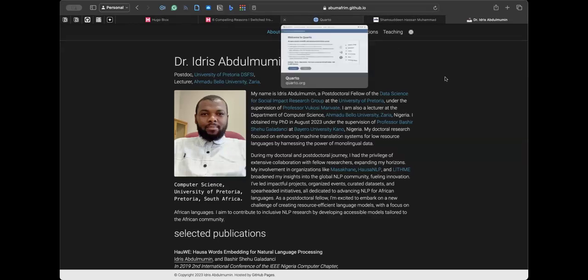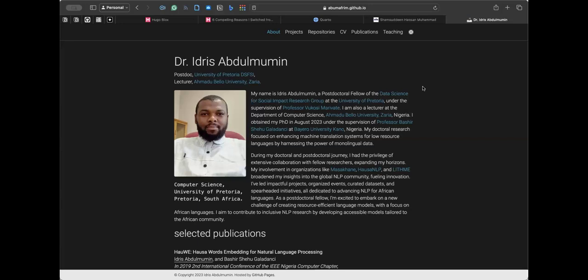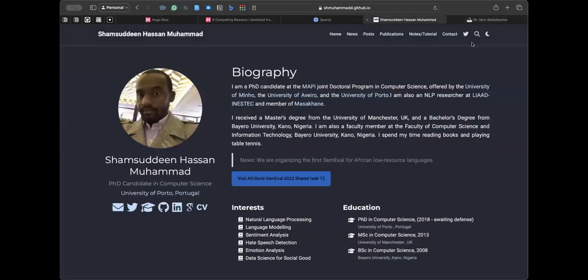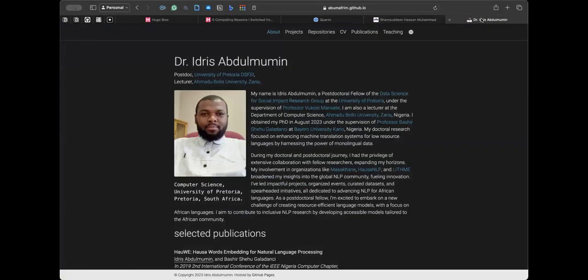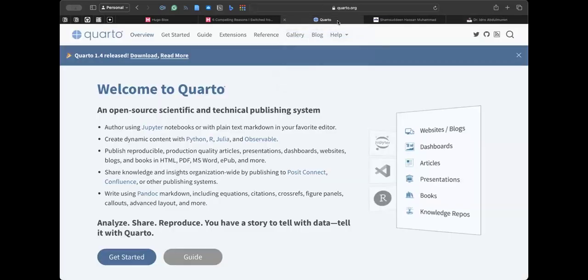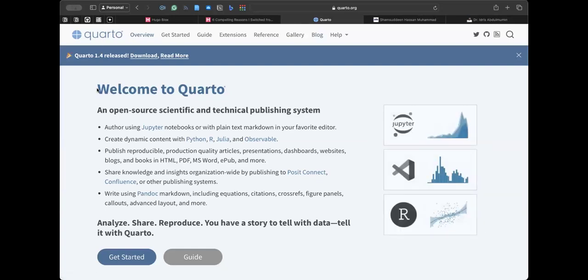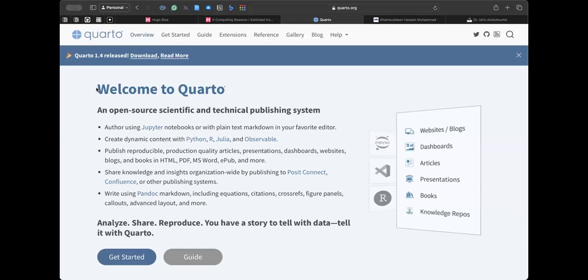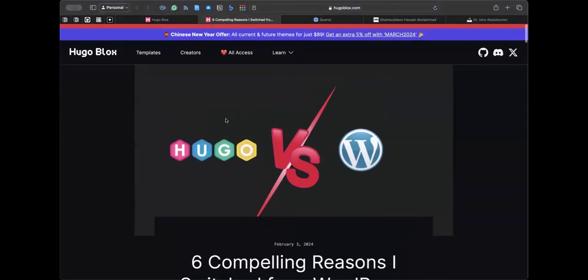So there are several ways to create websites. As you can see, Dr. Idris' website is different from my own, right? So everyone has a different flavor to create their own website. So we have technologies. One of the easiest among them is what we call Quarto. We'll dive into Quarto. For example, this website is created by Quarto, and today we'll go through Quarto to create a website. And you already know that as well. You can also do what we call